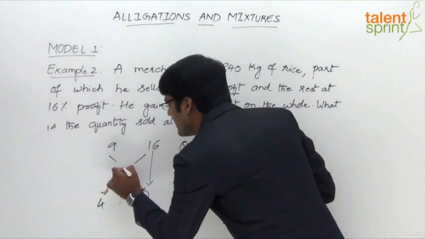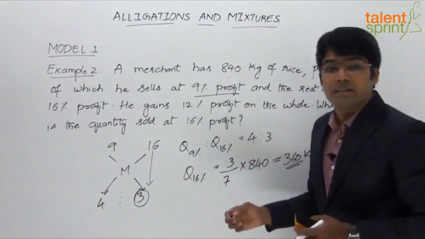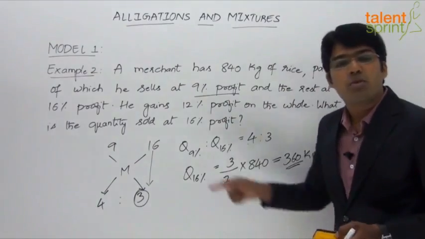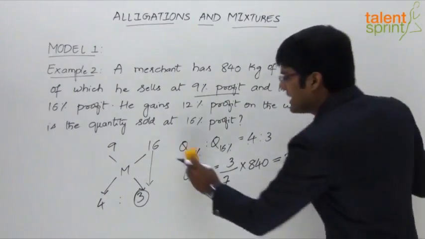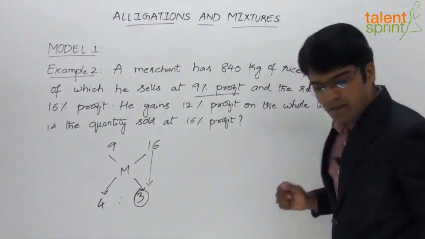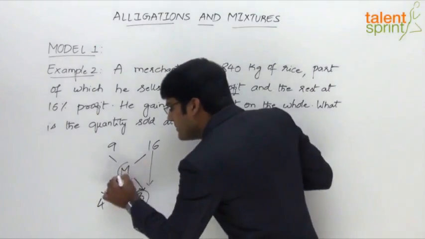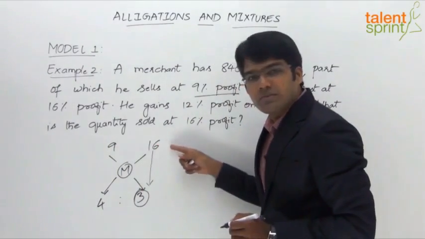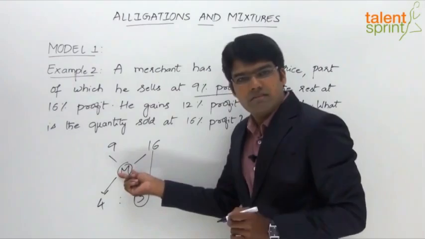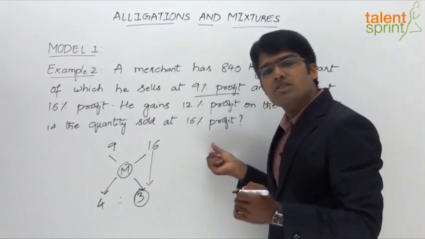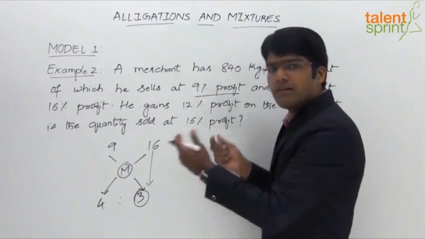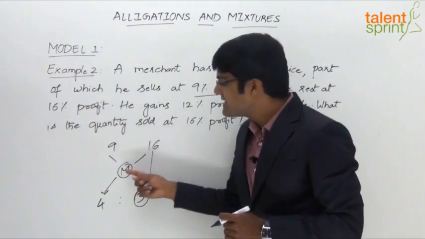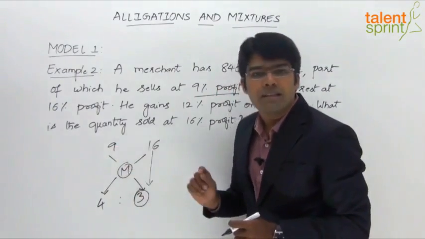Let us take it as M. But the ratio is given. The ratio of the two quantities is 4:3. So how do we obtain the profit obtained on the overall mixture? That can be done as follows. Remember, always the mean value will be in between the two given values, right? This is like the mean cost, right? The cost of the mixture. It should always be between the cheaper cost and the dearer cost, or between the two values. So here the mean value is going to be between 16 and 9. It will be less than 16, but it will definitely be more than 9.